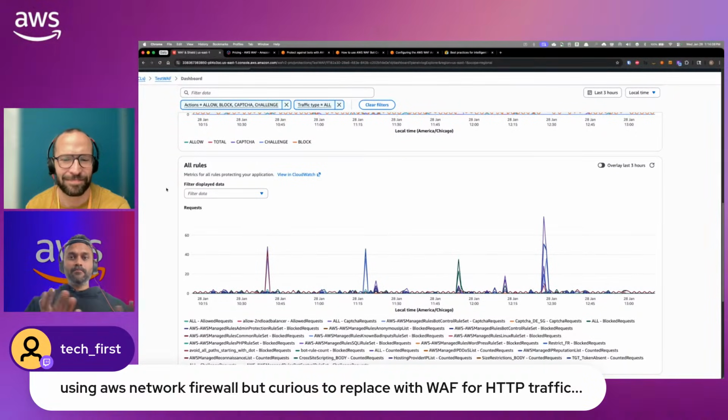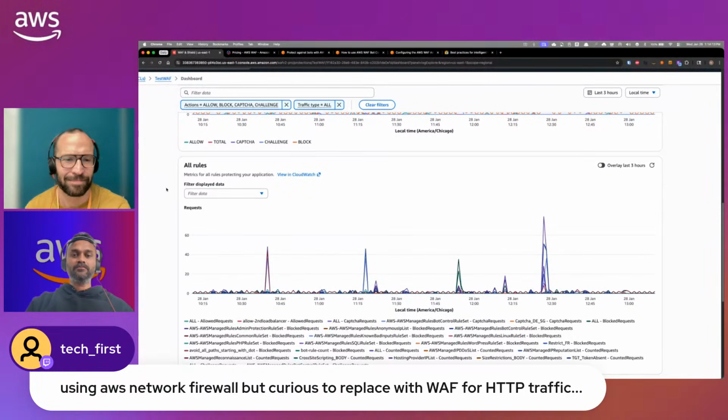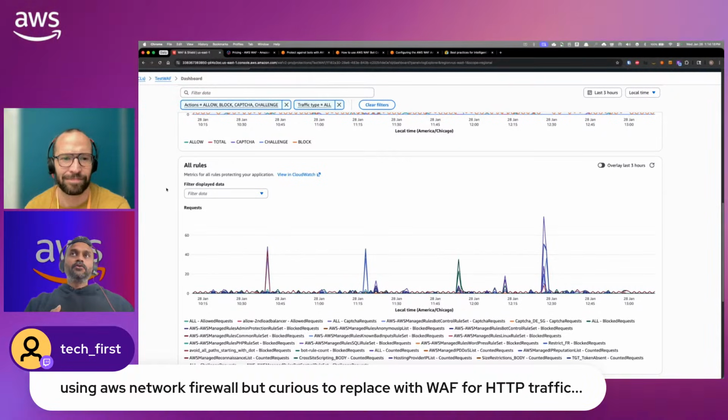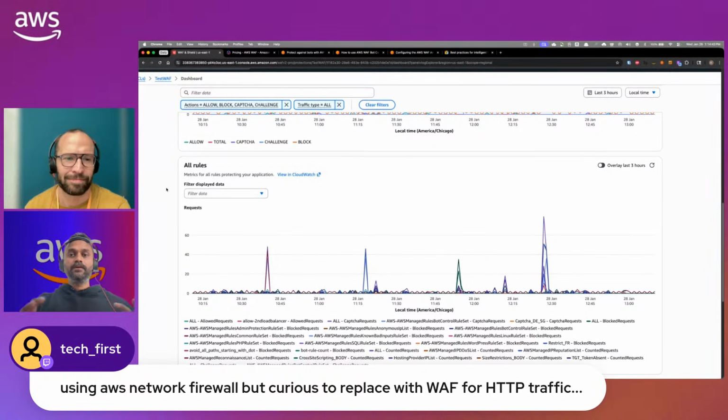But basically, network firewall is a layer 3, layer 4 mechanism, while WAF is a layer 7 protection. So you could definitely use network firewall to monitor your traffic and understand the traffic patterns. You get that flexibility around creating some rules, blocking a specific IP, port, etc. But with web application firewall, it's all HTTP traffic, mostly around protecting your CloudFront, your ALBs, related to layer 7